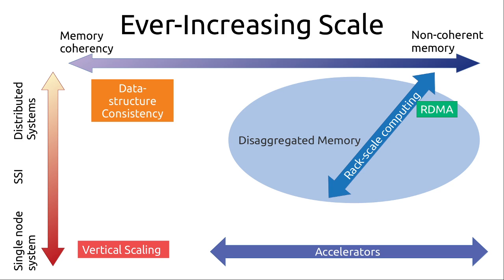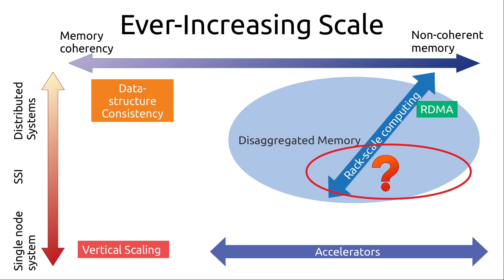And we've been seeing the rise of rack scale computing additionally, which is the idea of disaggregating memory and then using it as the primary system storage. So replacing archival disks or SSD with actual non-volatile memory. And the issue with this is that a lot of this disaggregated memory scales to the point where having coherency over it becomes very difficult. So a lot of these systems are non-coherent.